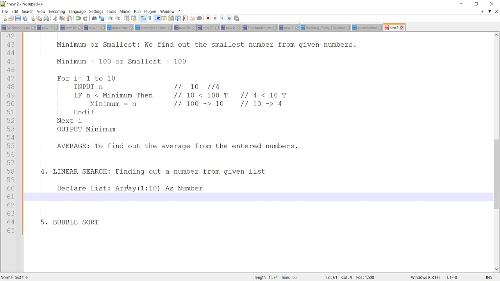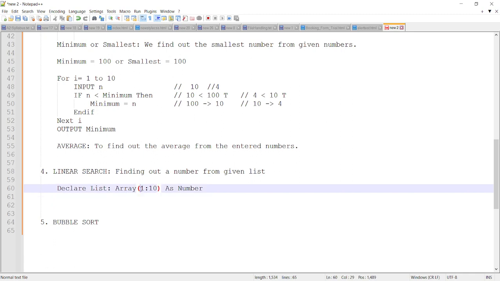Declare it. Okay. What I will do, I will not mention this and I will add the values here. I've done this thing various times and I hope my students know it. We can initialize the values here. Let's say we enter 3, 6, 10, 4, 7,